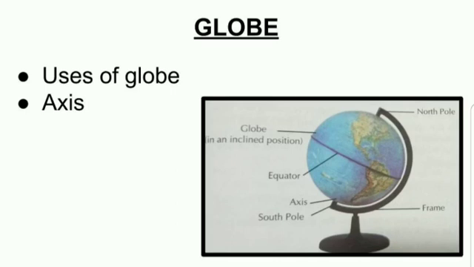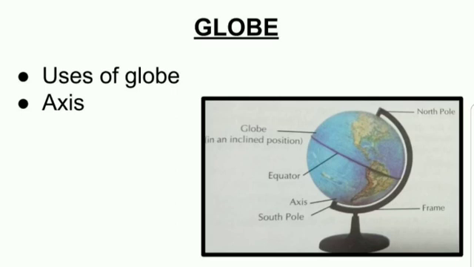Globe is derived from the Latin word globus, means a round body or a sphere. You know that earth is spherical in shape. About 1700 years ago, ancient Romans showed globe resting on a frame in an inclined position. See here, you can see the diagram. The globe is in an inclined position because of the axis of the earth. The axis of the earth is imaginary. It is tilted, and so the globe is also a little tilted. It was presented as a model some 3 centuries ago, means it was represented as a model 300 years ago.